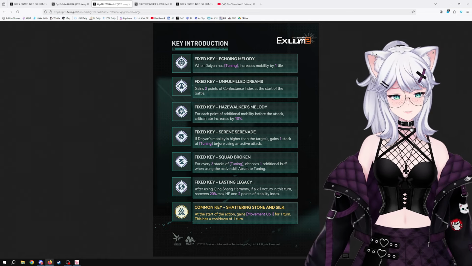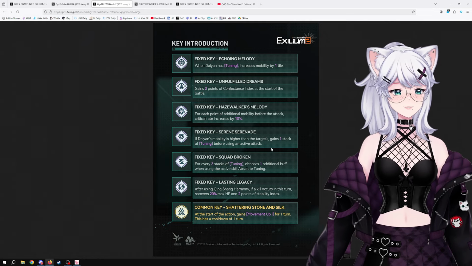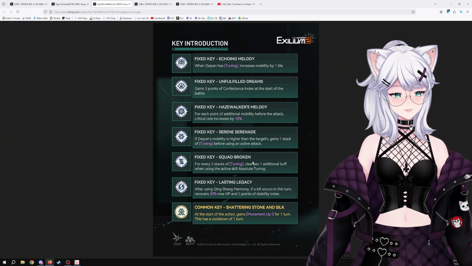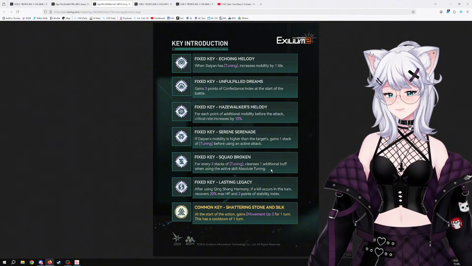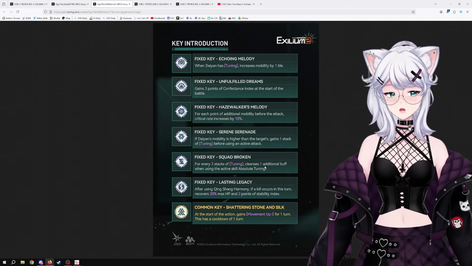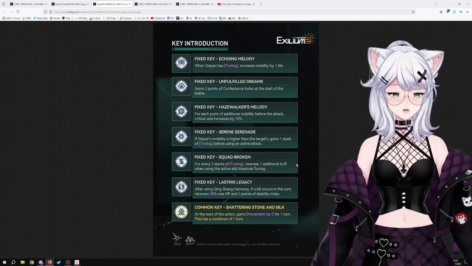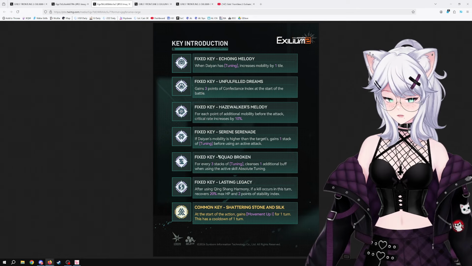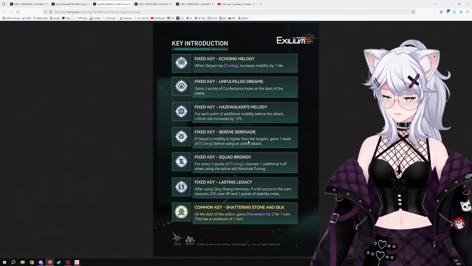Serene Serenade. If Daiyan's mobility is higher than the target's, gain 1 stack of tuning before using an active attack. Very good. Squad Broken. For every 3 stack of tuning, cleanse 1 additional buff when using the active skill Absolute Tuning. This is pretty good. I think this is going to be situational. If you are facing an enemy that buffs itself with more than 1 different type of buff, in that case you're going to be able to remove two of those buffs, which I think is going to be a situational one. You're going to equip it against specific bosses, and otherwise you can go for something a bit more